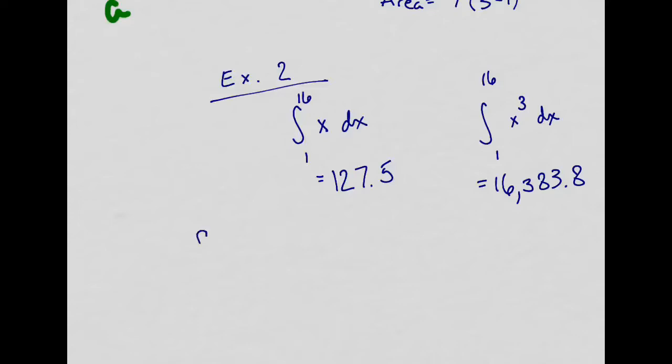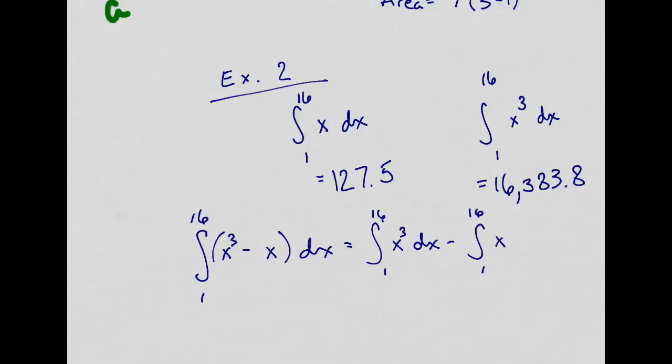Therefore, if we were to take the integral from 1 to 16 of x cubed minus x dx, then this is the same thing as the integral from 1 to 16 of x cubed dx minus the integral from 1 to 16 of x dx, which is equal to that 16,383.8 minus 127.5,